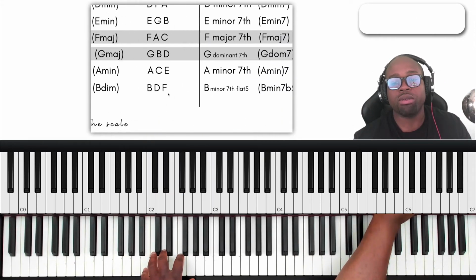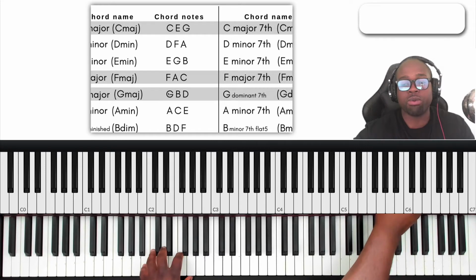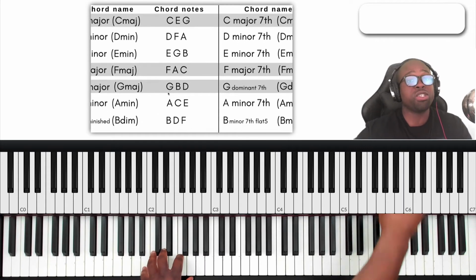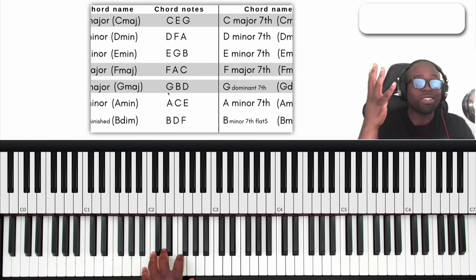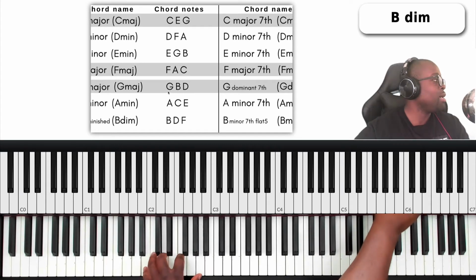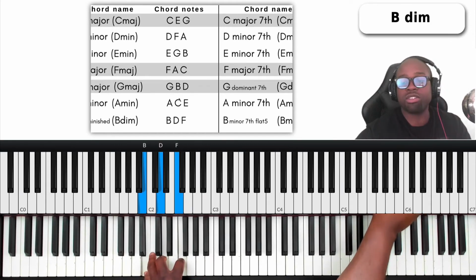Let me pull it up actually. Know your diatonic chords, people. It makes it easier to name your chords. If you don't know your diatonic chords, it's going to be hard to name chords. You're going to be like, what? Okay, this is the diatonic, as you can see here, B,